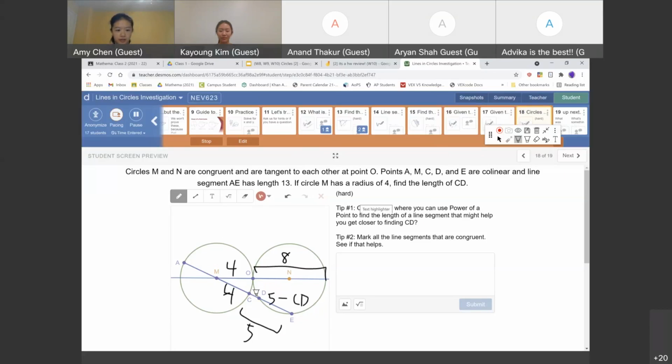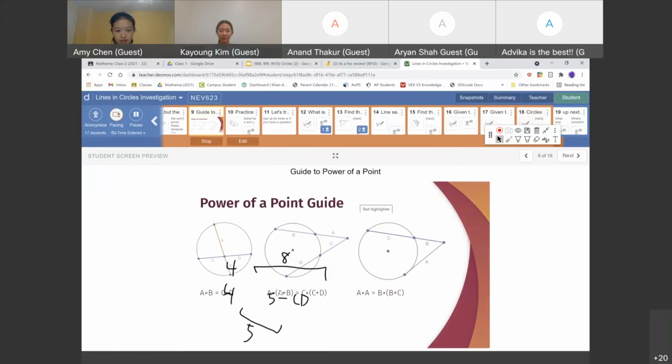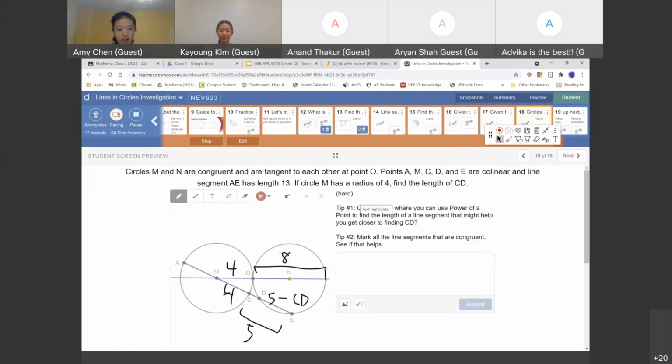We actually have enough information to solve because we would use the second property, this one over here: A times A plus B equals C times C plus D. So we would do 4 times 4 plus 8. So it'd be 4 times 12 equals, and then over here,